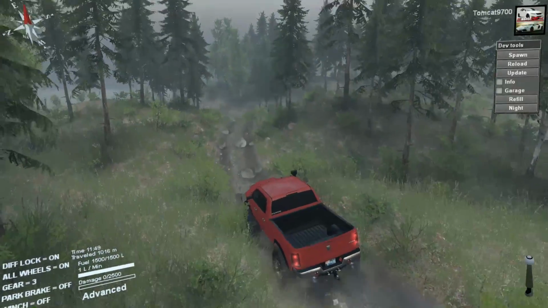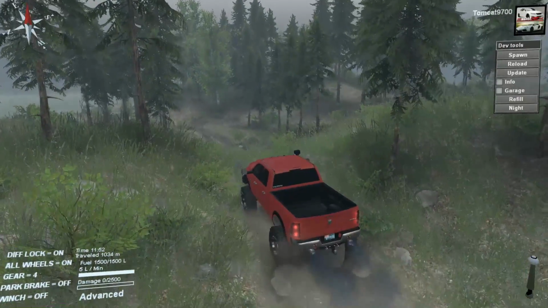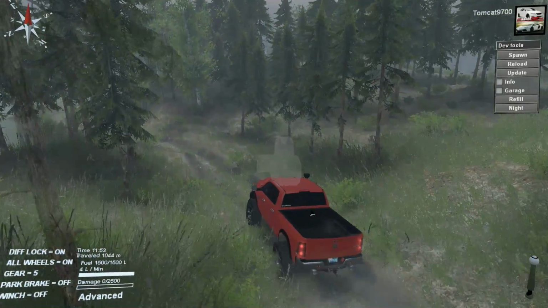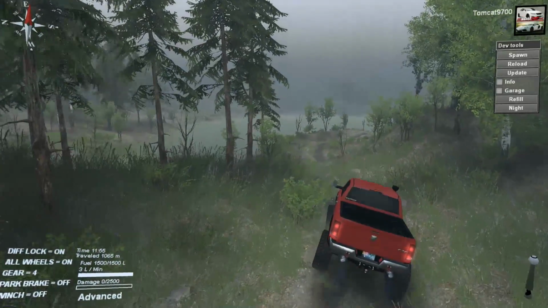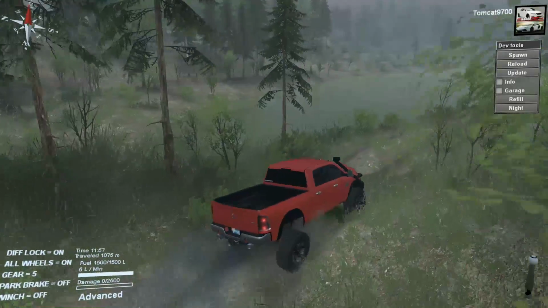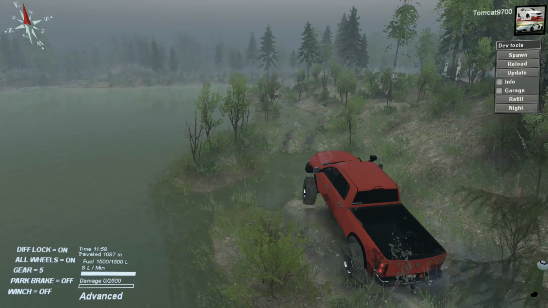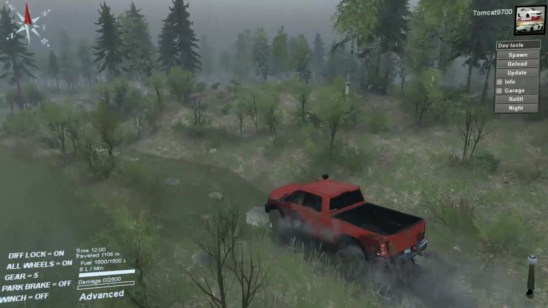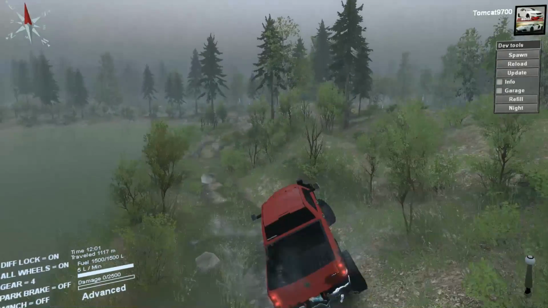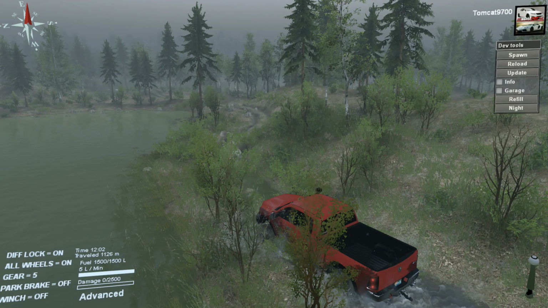Now, another thing that's important to note about a map like this is that the constantly changing terrain means you have to put a little bit more thought than you would usually into your choice of vehicle. Whoa, okay. The game kind of froze up for a second there. Now, this truck is actually not a bad decision for...